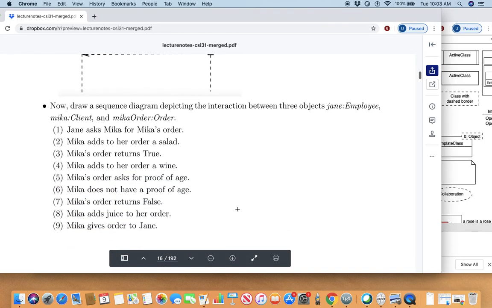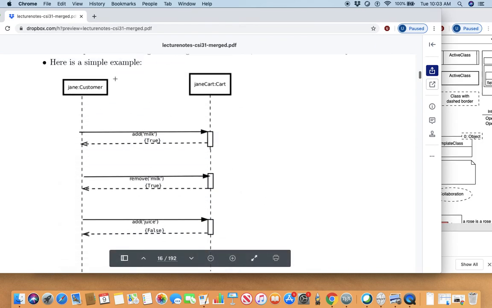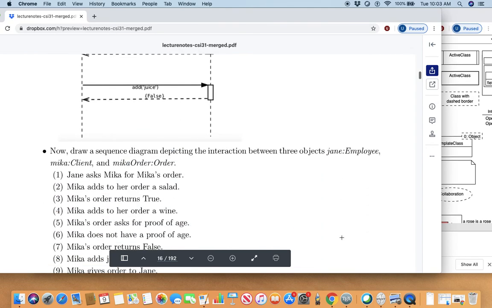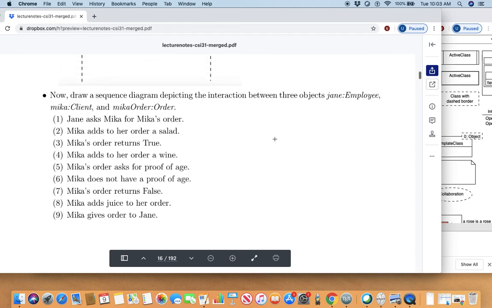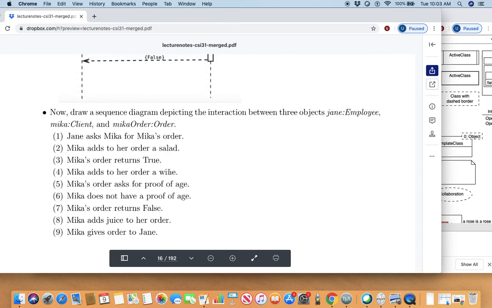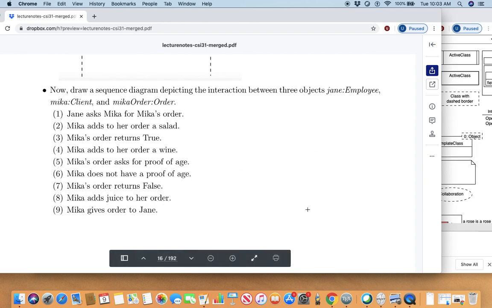Now the task for the sequence diagram is, here is an exercise. You have 3 objects and there are 9 interactions. Draw sequence diagrams. So you will have 3 objects, you will have 3 lifelines or timelines, and draw a sequence diagram to express this interaction. Okay, until then,